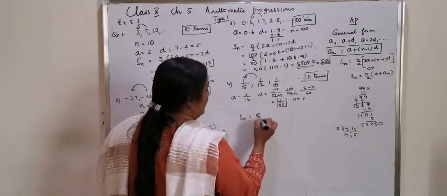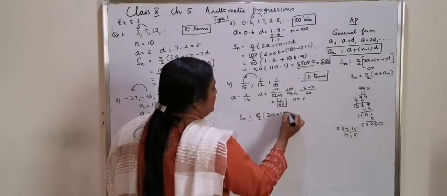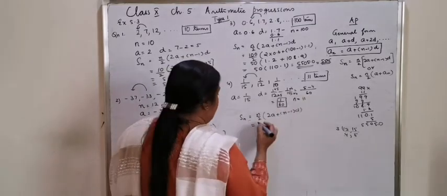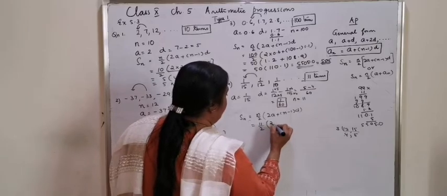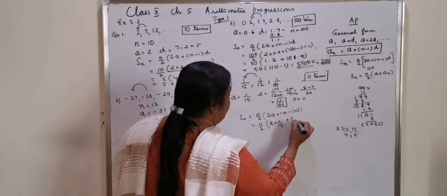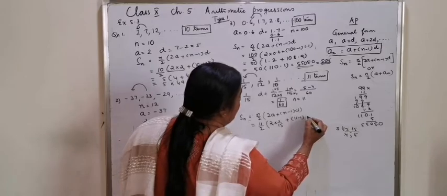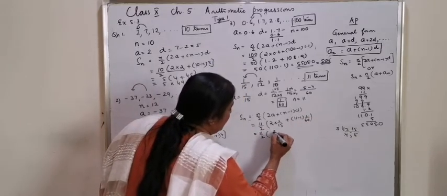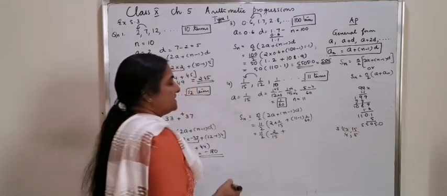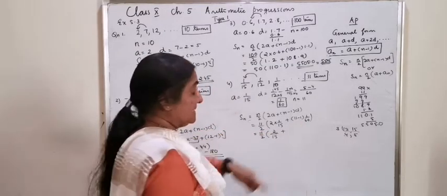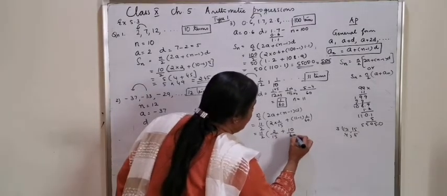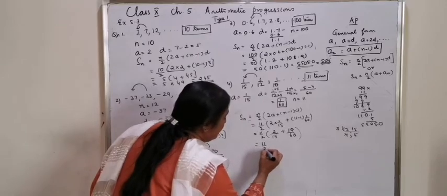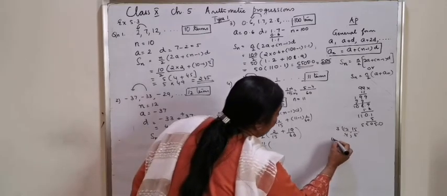Sn is equal to n by 2 into 2a plus n minus 1 into d, which is the same as n is 11. 11 by 2 into 2 into 1 by 15 plus 11 minus 1 into 1 by 60, or 11 by 2 into 2 by 15 plus 11 minus 1 is 10, 10 by 60, or it is 1 by 6, which is equal to 11 by 2 into LCM of 15